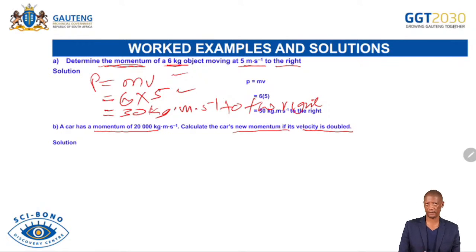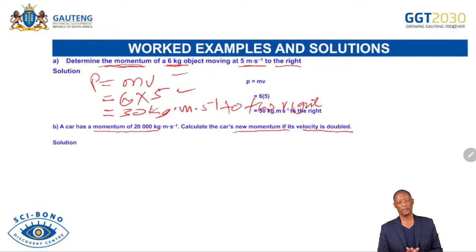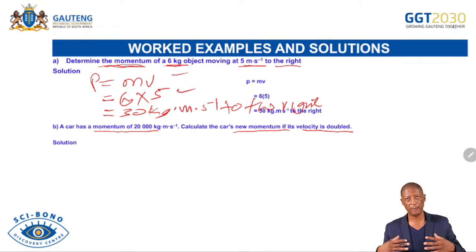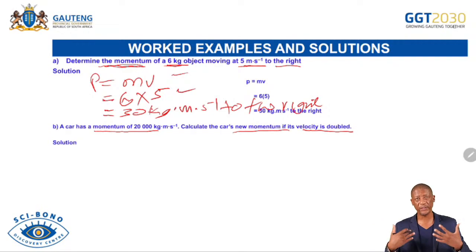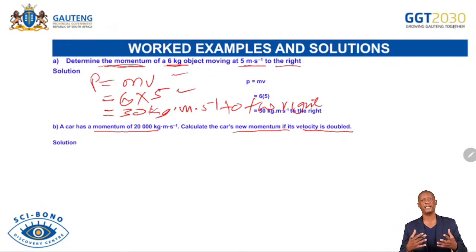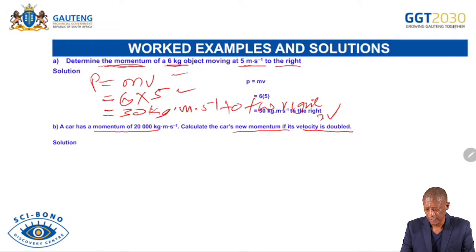Now you start giving up and say, this is difficult. Then we need to think. We need to come out of the box and use our knowledge of what double means to us. They are saying the velocity here is twice, isn't it? It's twice